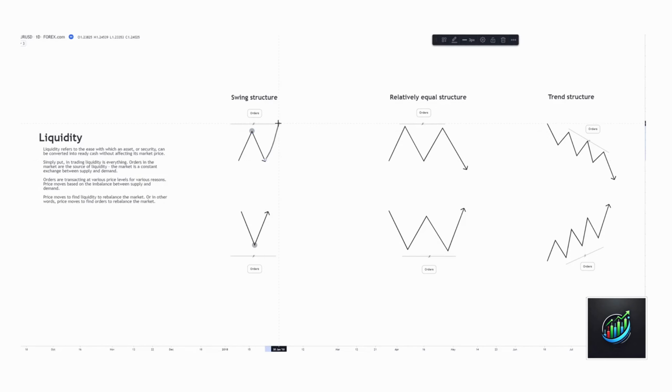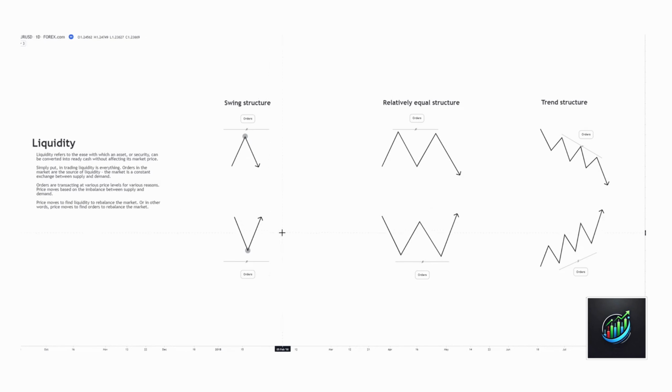Where is it going to move? It's going to move to where a large collection of orders are that will rebalance price. So in this case, with the swing structure, the swing high, once we get some sort of imbalance down here, the next logical step price is more than likely going to take is to where more orders exist. It'll tap into that, it'll rebalance price, and then we might see a move back to the downside because price has facilitated that imbalance and we've continued moving.